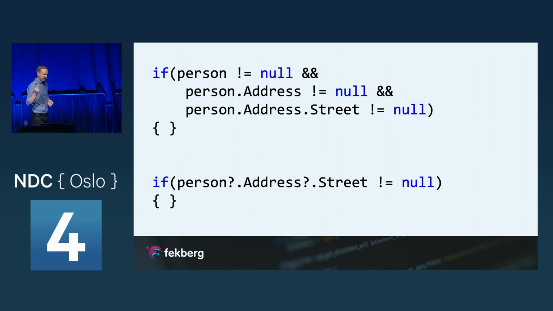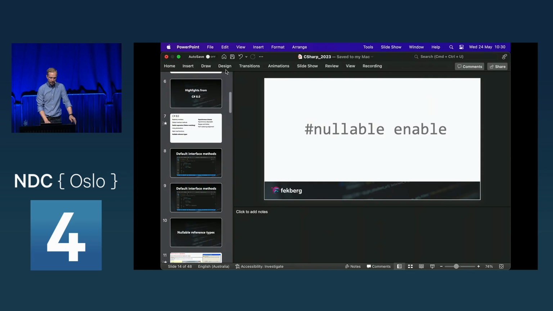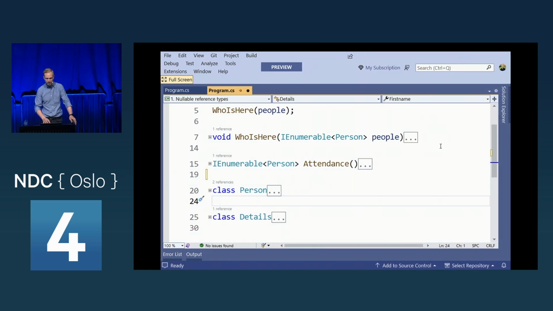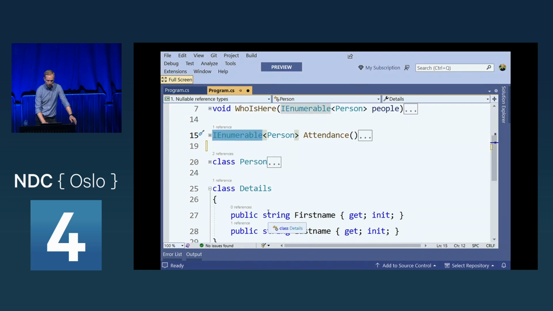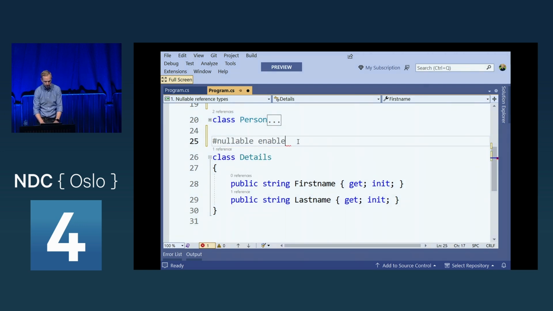How about if I tell the compiler to treat all my nullables, or all my reference types, as being not nullable? So what does that actually mean? I can enable this feature in a couple of different ways. Traditionally, this is a normal C# application, but traditionally everything such as an IEnumerable or a normal string, they're all nullable. And this application doesn't give me any compiler errors, it doesn't give me any warnings or anything like that. But when I enable this language feature called nullable reference types, I can say nullable, enable,